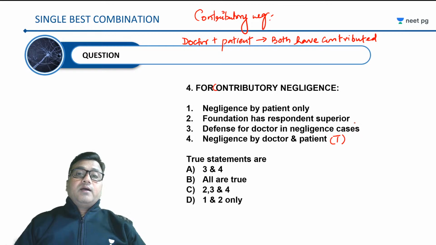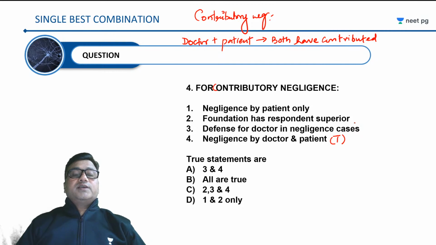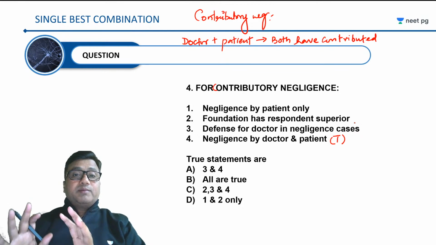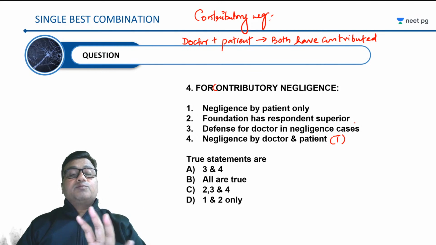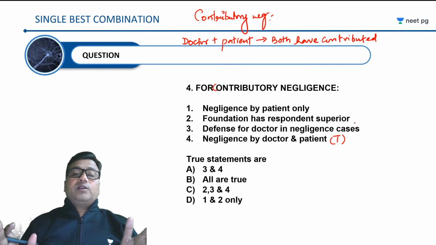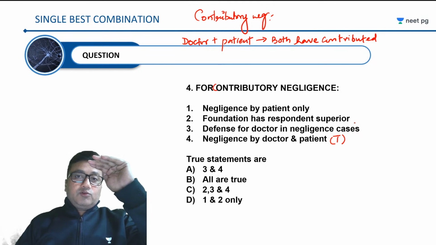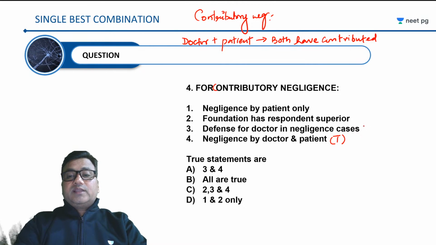So let's say a contributory negligence plea is accepted in a case by the court of law, and the court of law says that in this case the doctor contributed 50% and the patient contributed 50% to the negligence, and the compensation amount is fixed at 1 lakh rupees for the damages suffered by the patient. Now the doctor has to pay only for his contribution, that is 50%, which is 50,000 rupees. That is how it helps a doctor to defend himself, not completely, but to marginalize the contribution that he needs to pay as compensatory damages, which means option number 3